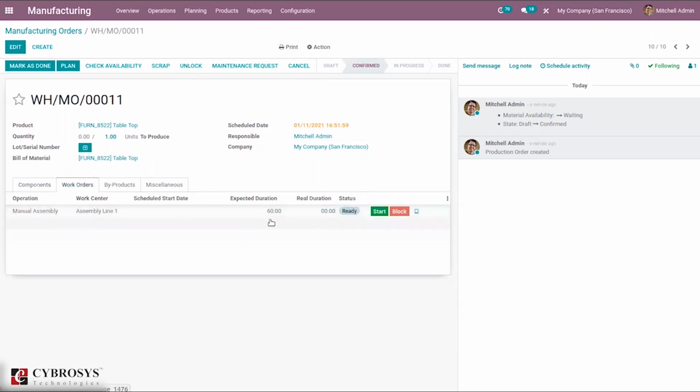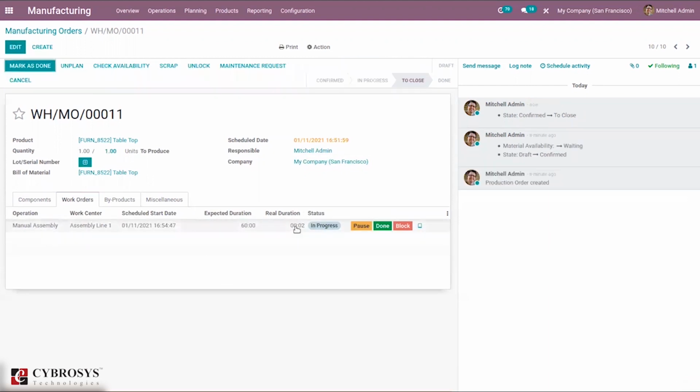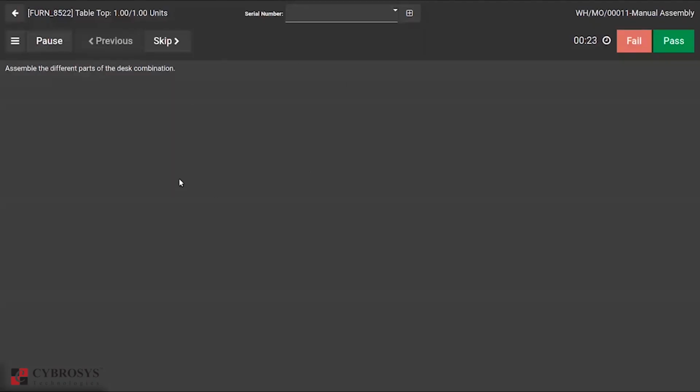Okay, then from here I can start processing manufacturing of this product. So when you click on this, you can see the timer. This one is the expected duration for manufacturing the product, and you can see the real duration of the product, and you can see the status is in progress. From here we can block the work center or pause the operation, and we can just click on this widget, and we can see this is the